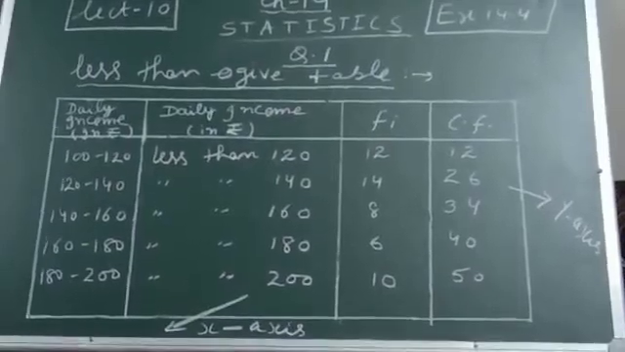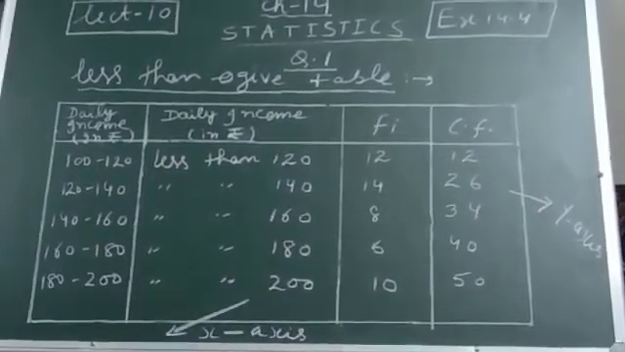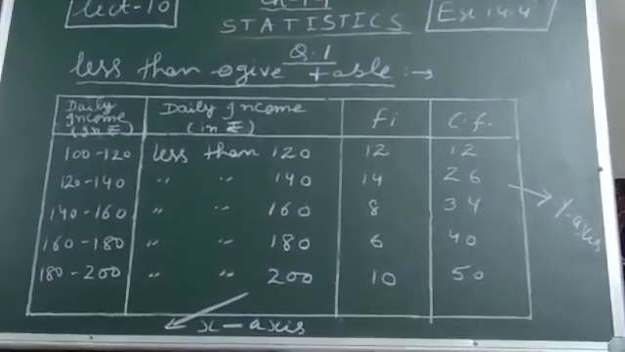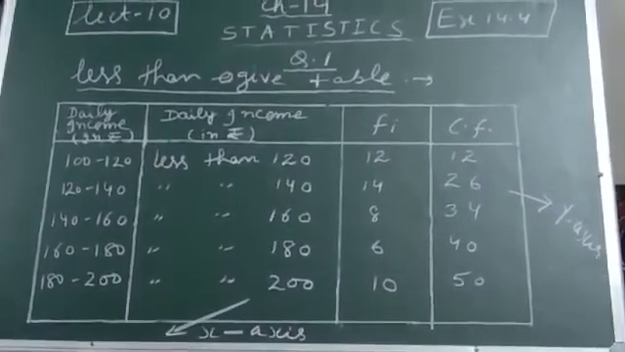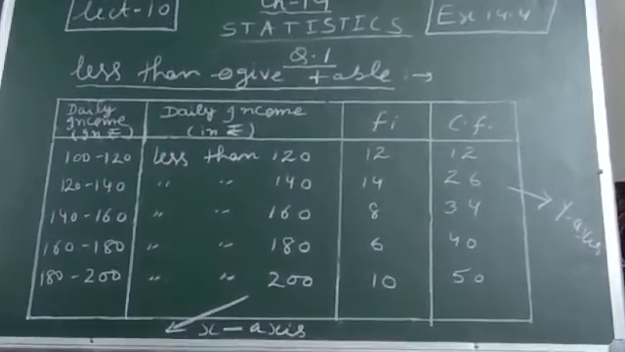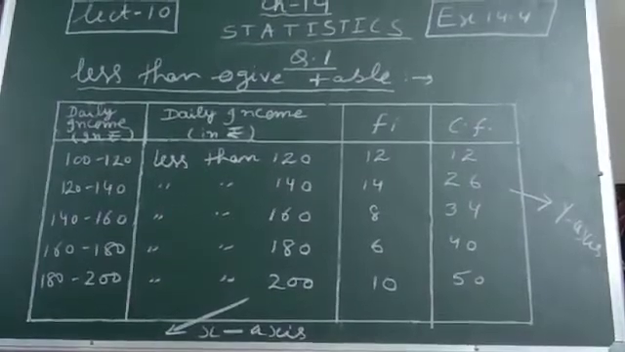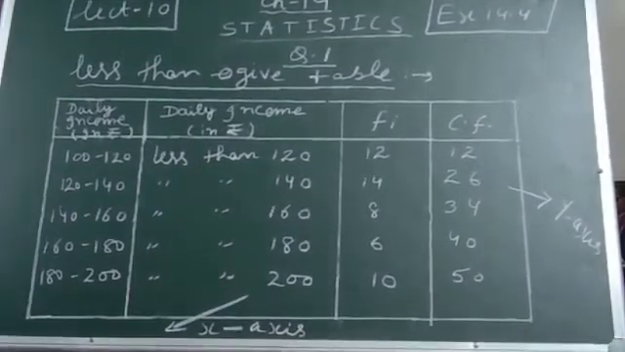Students, now we are on the last exercise of this chapter, and this last exercise is related with the graph. Up to now we learned how to calculate mean, mode and median from the group data, or you can say